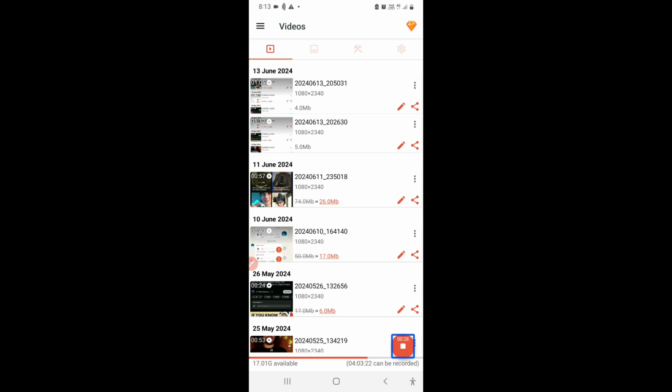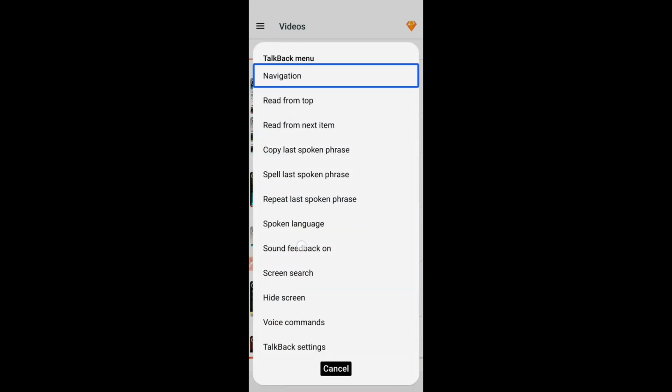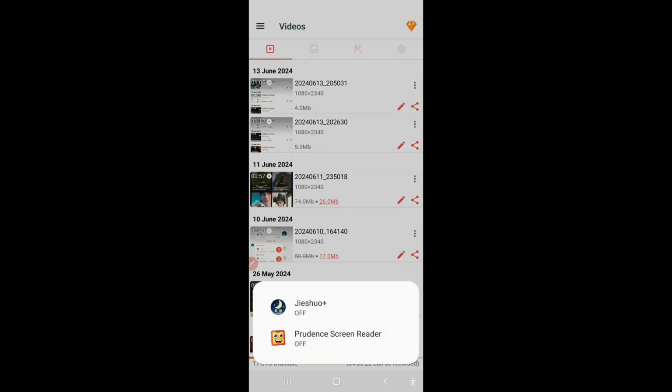I'll just try to spell it out for you with the help of my TalkBack. Access Android Prudence screen reader off. I'll just have this spelled out. Talk sound feedback on. Spoken language. Repeat spell last. Prudence space SCREEN space READER. So this is the spelling of the screen reader, and in case you want to search for the screen